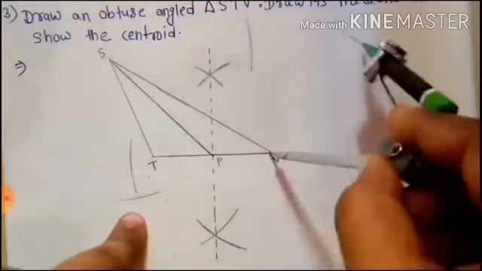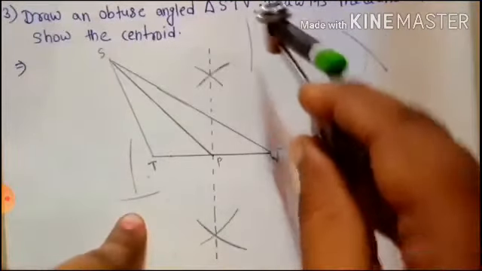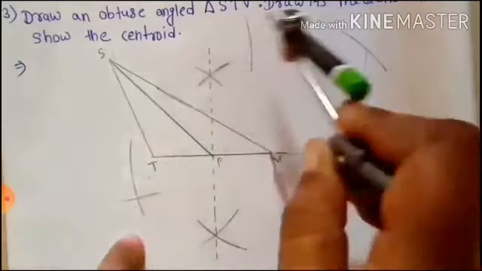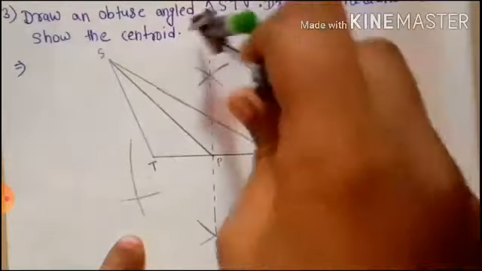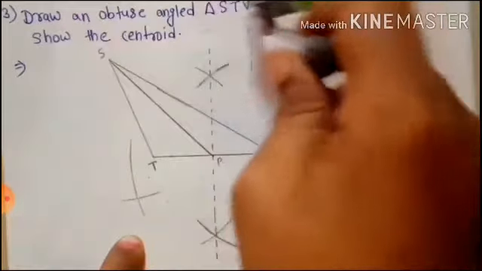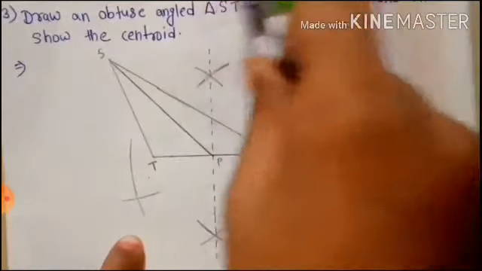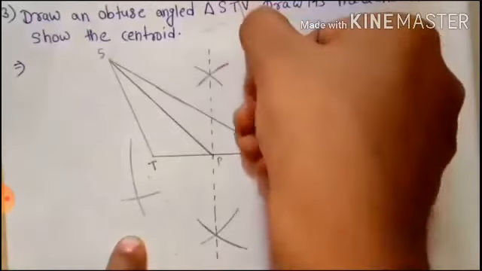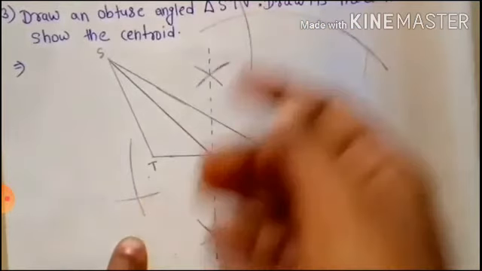We have to extend our arc to find a point. Now I will get points here and here with the help of a scale. With the help of the scale, I will again draw a dotted line like this. Hope you can understand this construction. The construction is very easy.